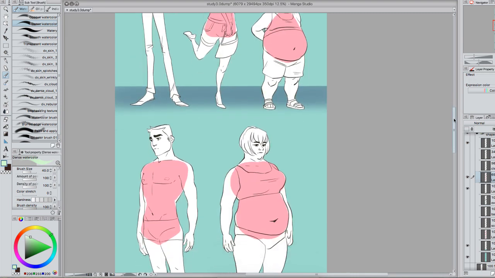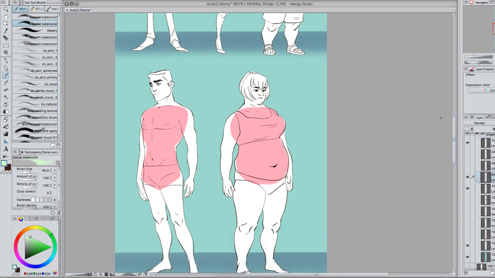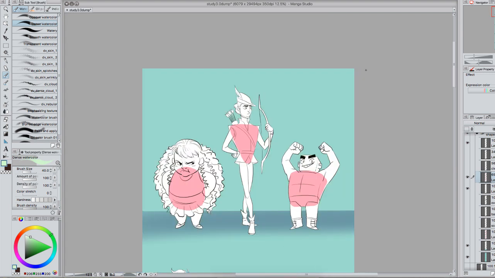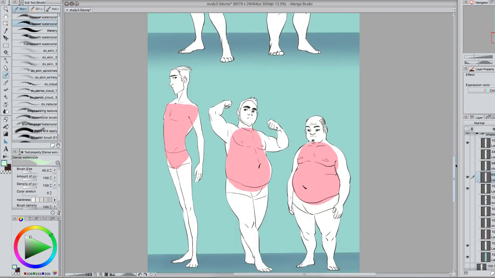You can see how with the more realistic stuff then the shapes get a little bit more subtle. Like this top half of his body is larger than his hips, so the difference is there, but it's not as harsh as in this guy here with his sort of triangle shape. And you can tell a lot with the comparison between other ones that we see. It shows that it doesn't have to be really, really obnoxious when you're using these shapes. It can just be really subtle like this. And the ones that are more my style,